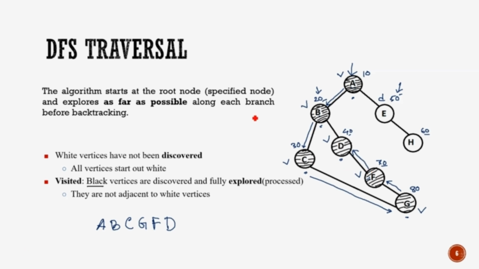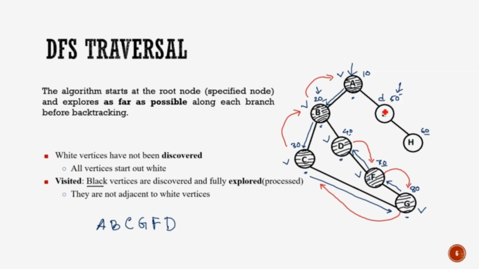So after visiting node D, we see that there are no new nodes along this path. So we get back to node F, and we also see that there are no new nodes along this path. Adjacent nodes of node F are visited, so we get back to node G. We see that all the adjacent nodes of node G are visited, so we get back to node C, and the same process is repeated until we find any new node. So we get back to node A. Then we see that there is a new node that is discovered from A.